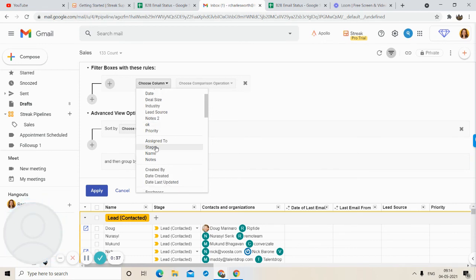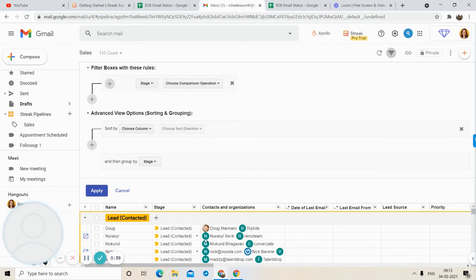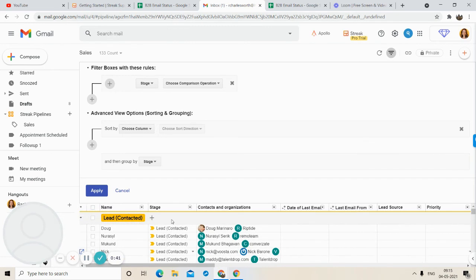Just suppose there is a stage column, right? This is the stage column we have, and suppose I need only if any is any of. I want to filter this entire sheet and see only the scheduled appointment sheet, right? So I'll just click on it and apply.